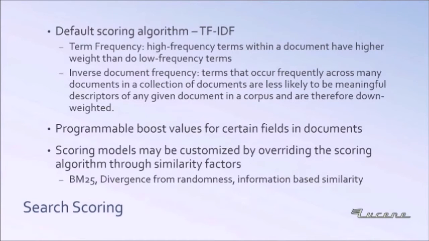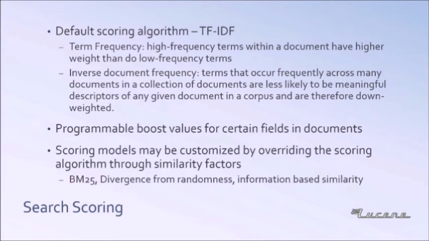Lucene's default search scoring algorithm weighs results using term frequency inverse document frequency. As we know, term frequency means that high-frequency terms within a document have higher weight than do low-frequency terms. Inverse document frequency means that the terms that occur frequently across many documents in a collection of documents are less likely to be meaningful descriptors of any given document in a corpus and are therefore downweighted, thus filtering out common